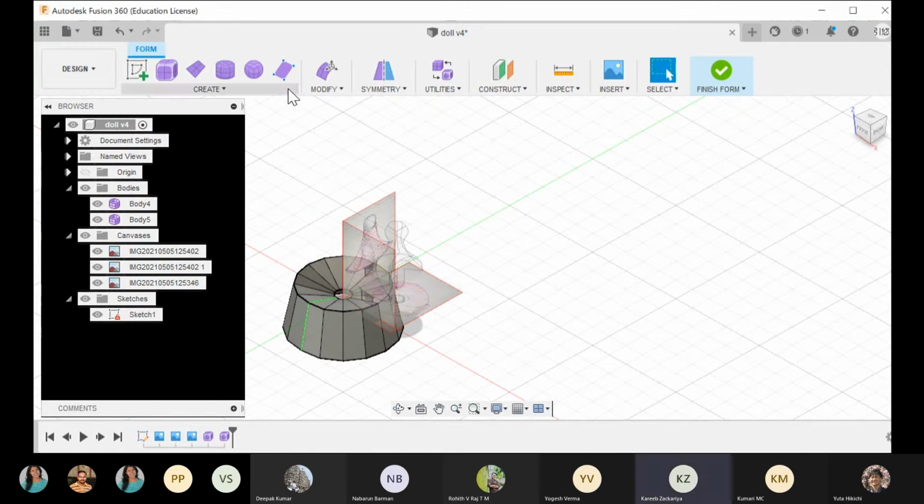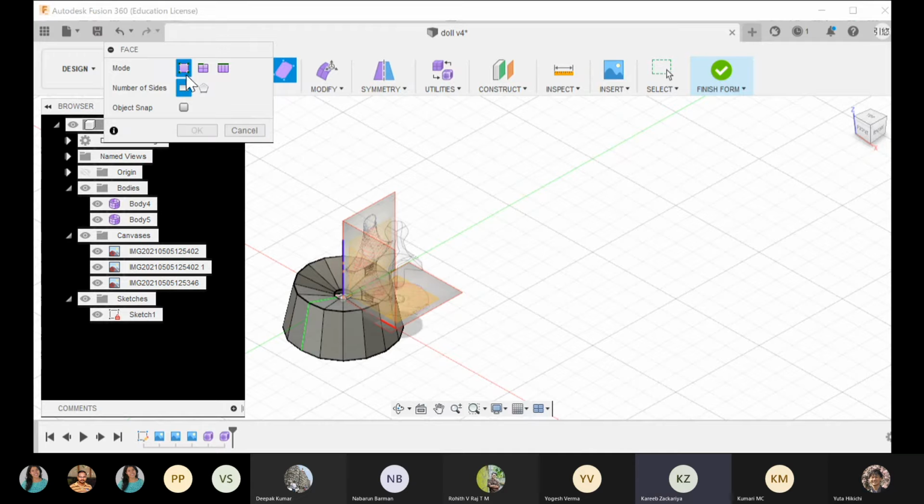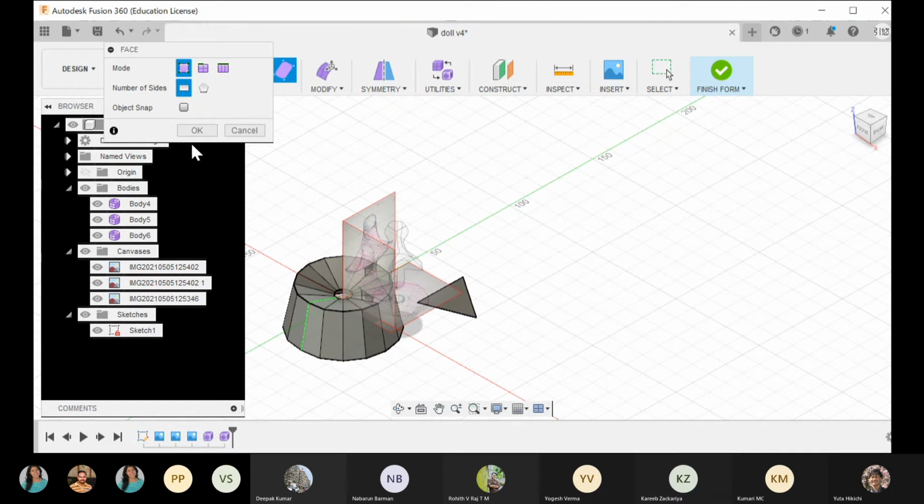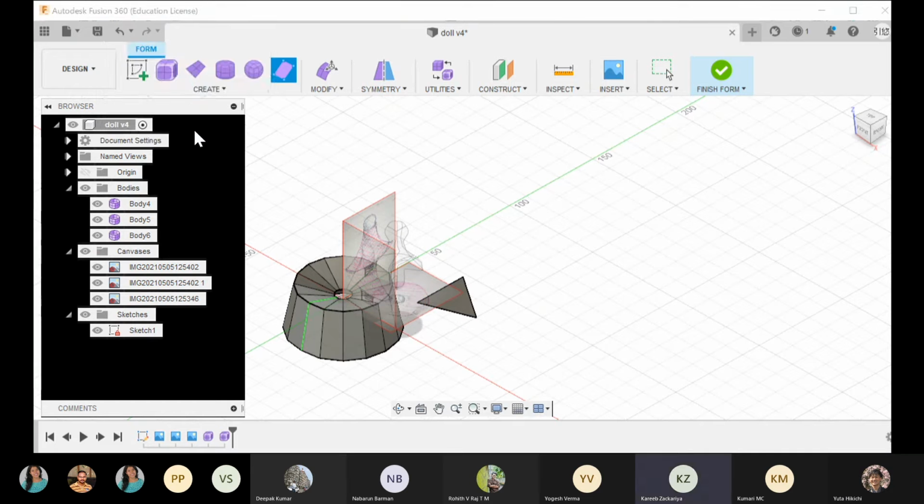Yeah. Face. Now select mode. And now select a plane where you want to sketch. Yes. Like this. Now you have finished it.